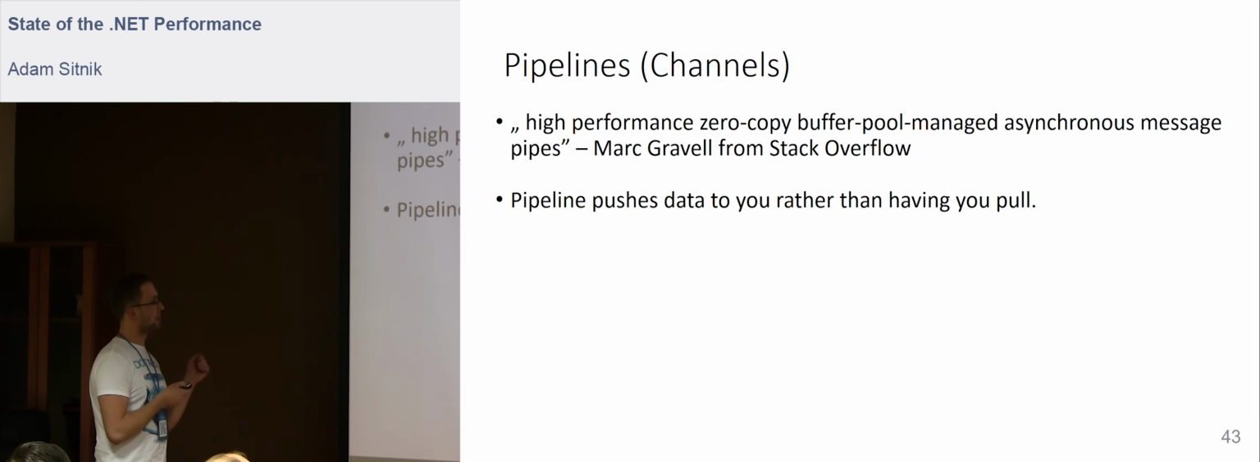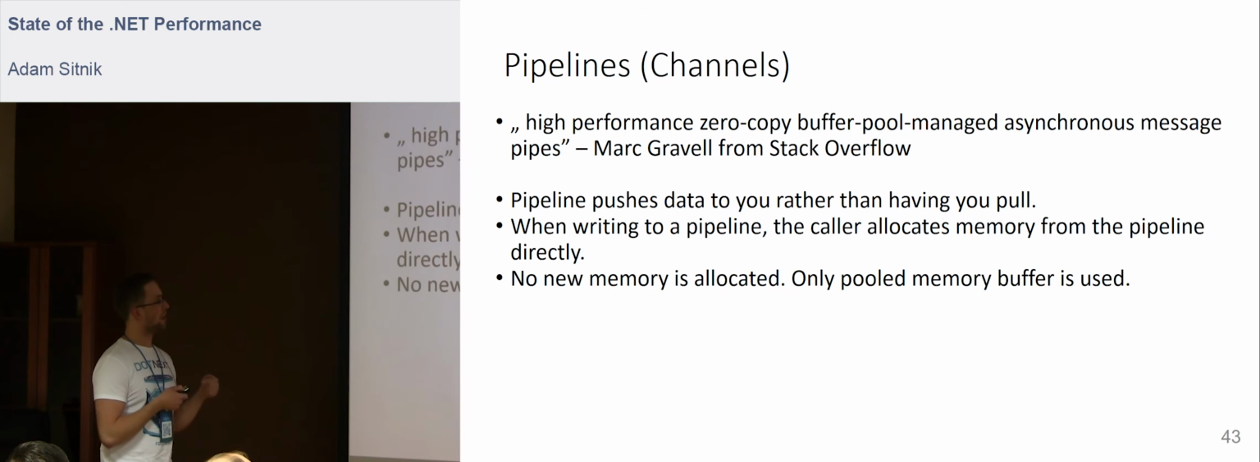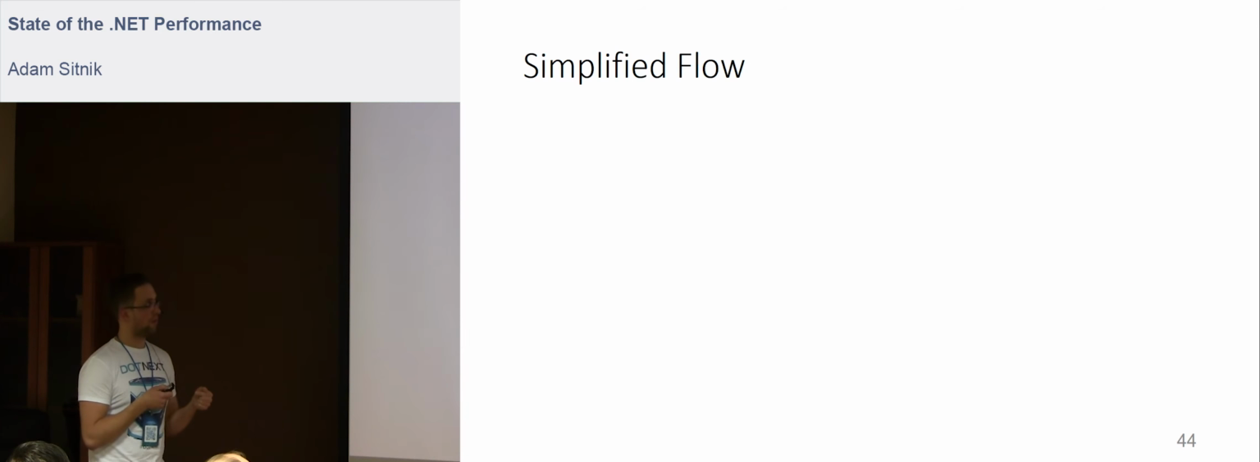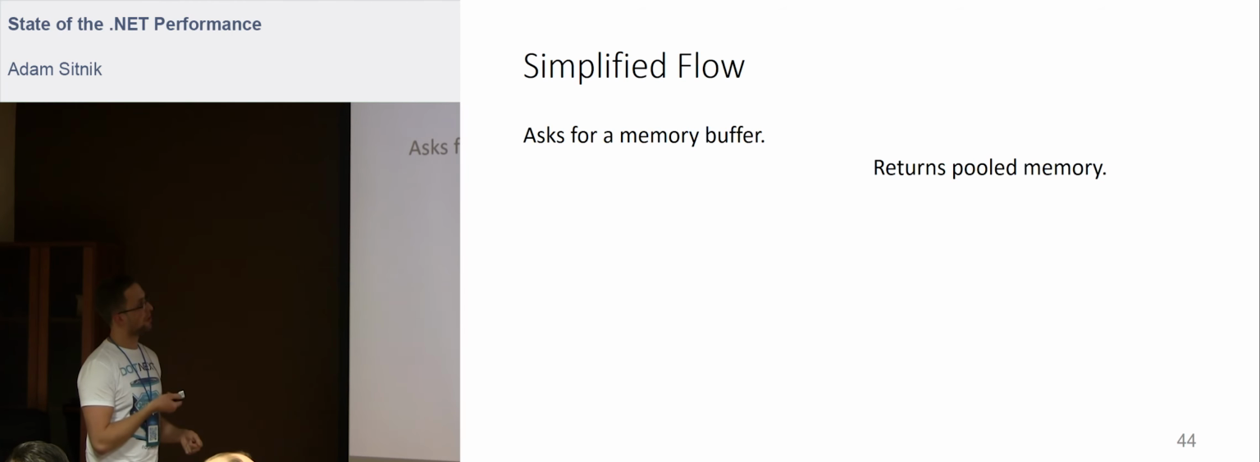We have a pipeline, and instead of just reading, you just await, and the other part is just pushing new events. But the point is that before it does so, it asks the other side for the buffer. And if we take a look at the whole flow, the left side asks for a memory buffer,